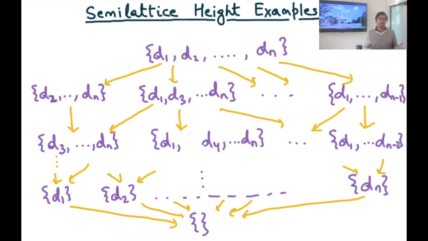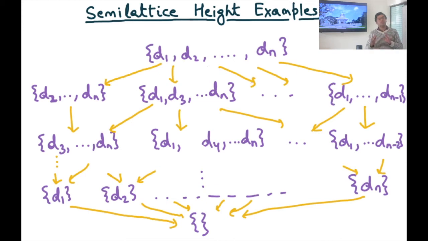Now we are interested in the height of the semilattice. So what is the height of the semilattice? Well, what is the longest chain, or the longest path in the semilattice diagram? And you would see that there is an edge from one element to the other element only if, let me use notation, let's say there's an edge from x1 to x2 only if the cardinality of x2 is one less than the cardinality of x1. By cardinality I mean the number of elements in the set. So if x2's size is 1 less than x1's size, then there's an edge from x1 to x2.